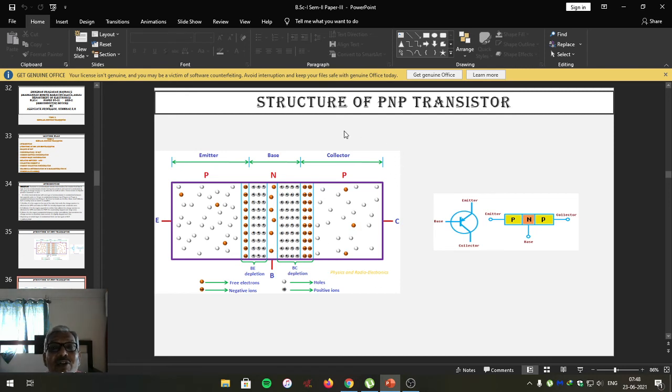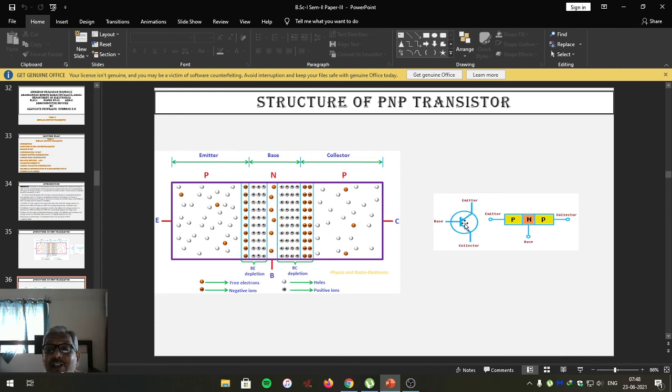Friends, almost all analogies are the same as those of the NPN transistor. Symbolically, it is represented like this. This structure we can reduce to this one: PNP. This one is the base, the central part, lightly doped. This is the emitter, whereas this one is the collector. Dear students, this is the symbol of the BJT, the bipolar junction transistor, especially it is the symbol of the PNP transistor. Friends, this is the collector, this one is the base, and this one is the emitter.